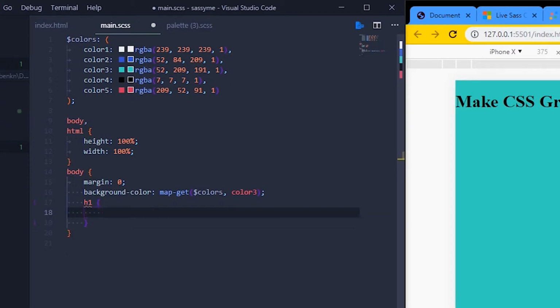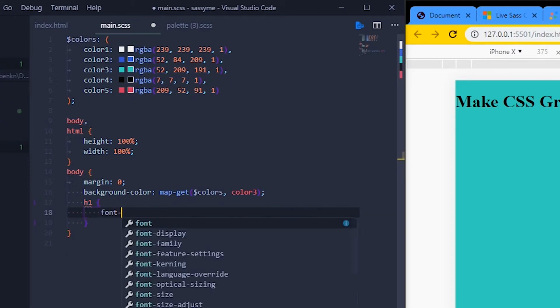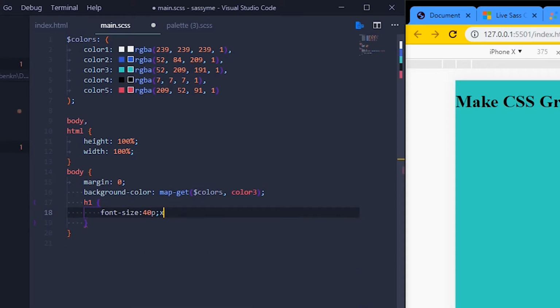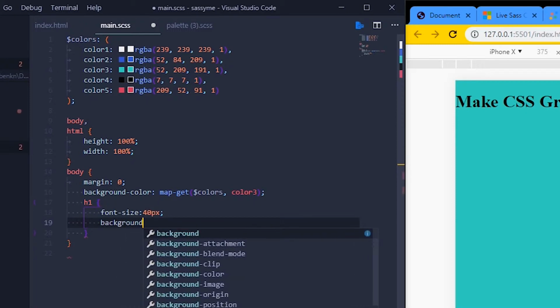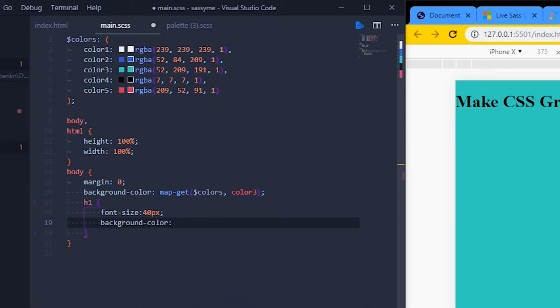So for this particular heading, we're going to go font size 40 pixels. We'll go with background color, and we're going to use that map again. So we're going to go map-get colors color 5,